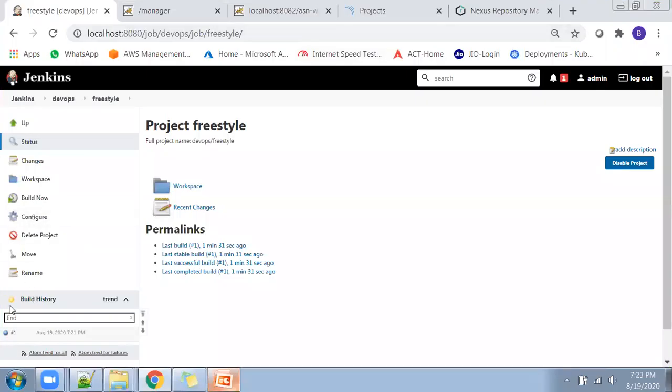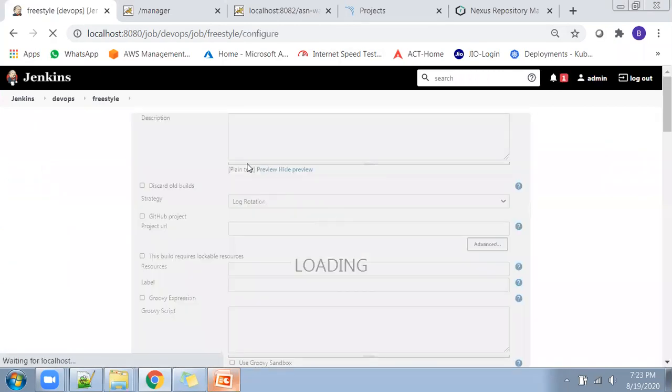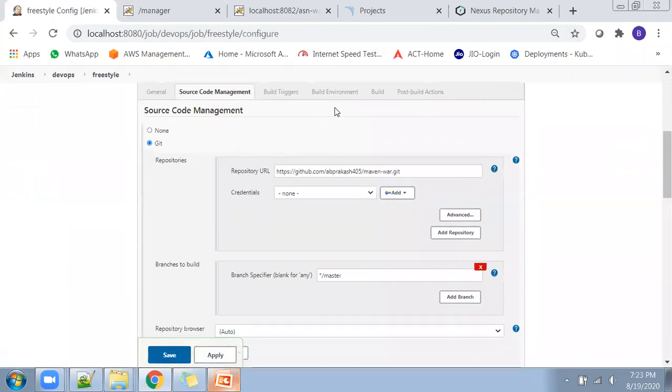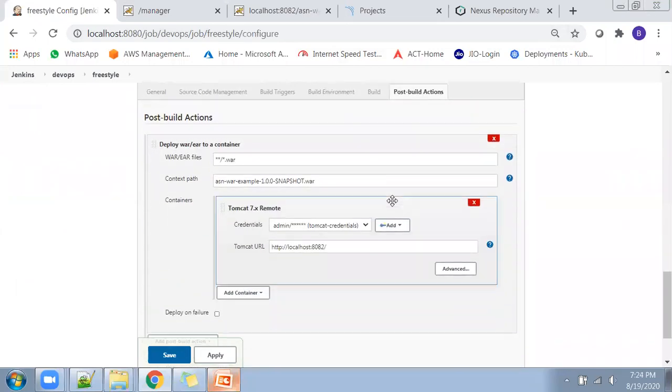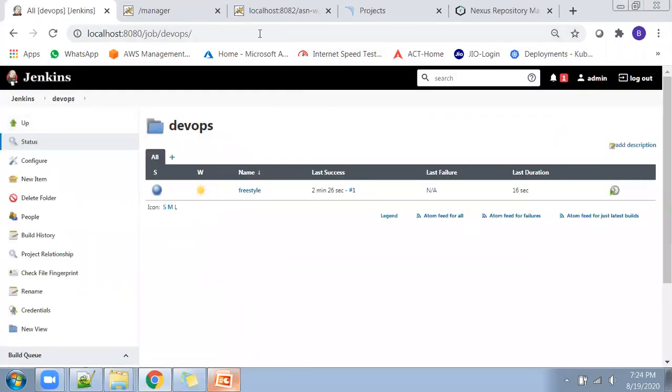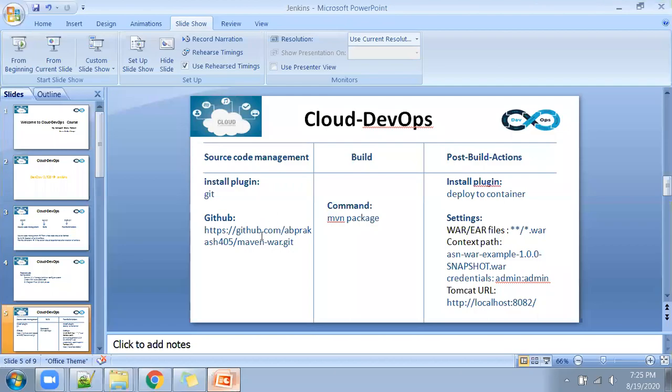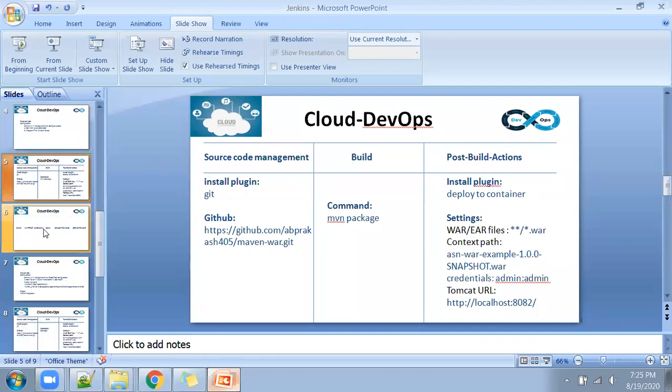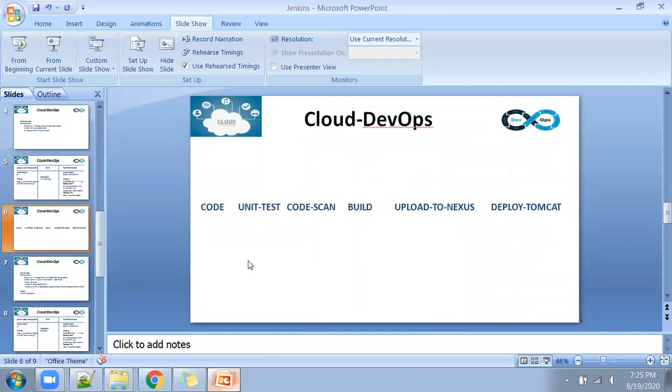So we have covered code, build, deploy, three sections using freestyle job. Let me again show you the three steps. One is code, this is build, and this is deploy. I hope you are very much clear about this code, build, deploy concept. So if you have any questions, you can ask me now. Once we do code, build, deploy, these are the default and main stages of DevOps life cycle that we have implemented using freestyle job. Now let's go to the another section.